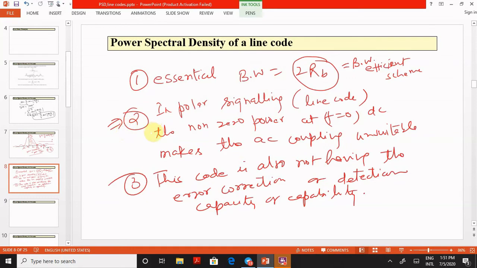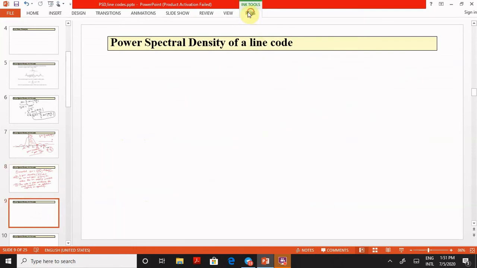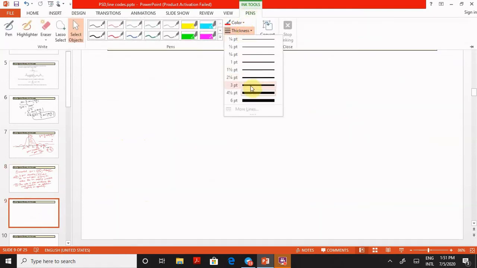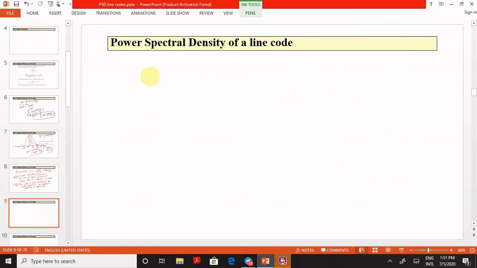Again, this is not a good scheme wherever you need AC coupling, and this code also does not have any error correction or detection capability. So there may be a case where